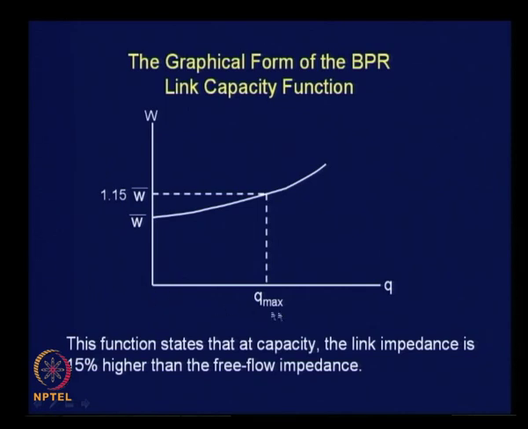As the volume increases to maximum capacity level, the impedance increases to 1.15 W bar. So, this function states obviously that at capacity the link impedance is 15% higher than the free flow impedance. Please remember, this is for the condition prevailing in the USA,